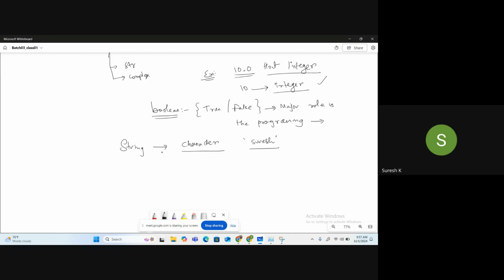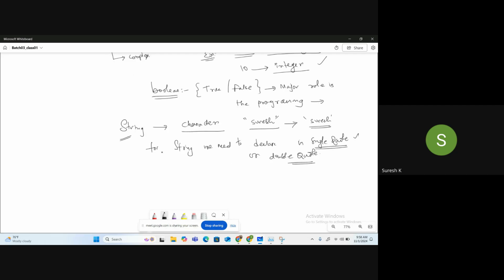This is a string, right? And this is also a string. For a string, we need to declare it in a single quote or double quote. Anything is fine. If you use single quotation, it will also work fine.